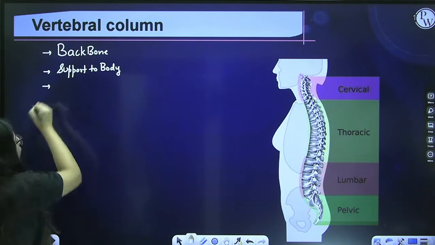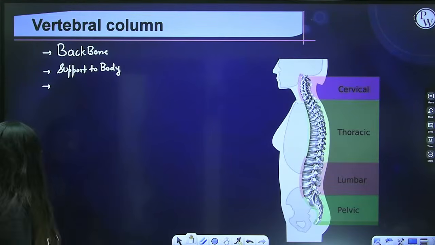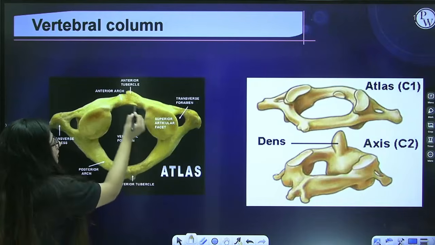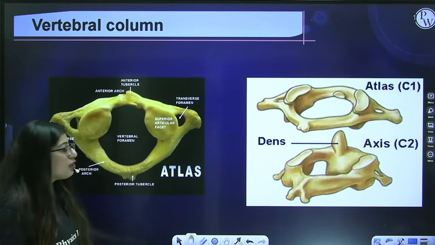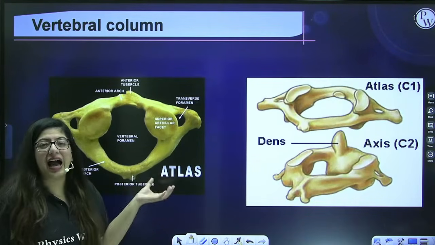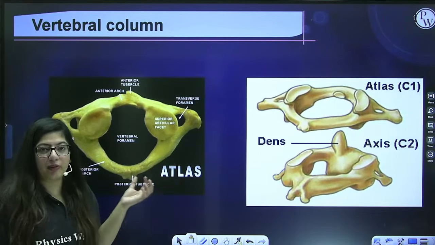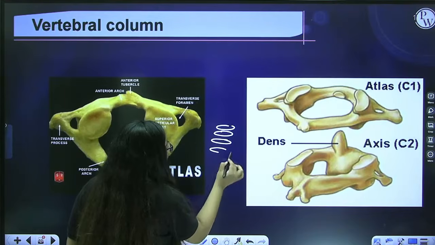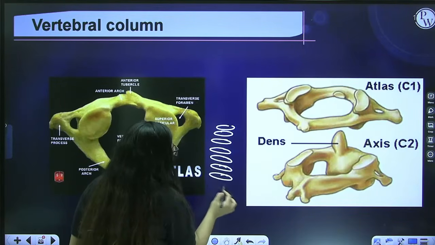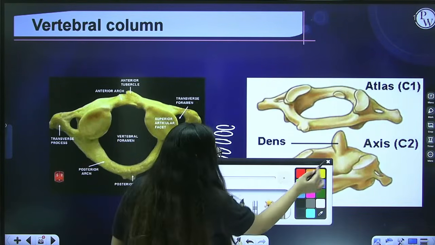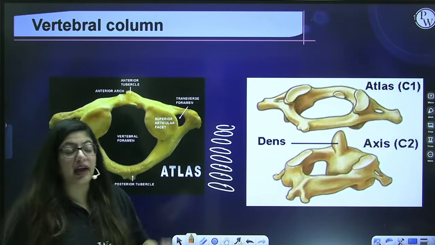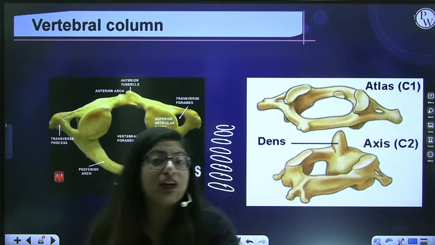Inside the vertebral column, if you see the vertebrae, let me show you. Imagine this is one vertebra. Inside the vertebra is this small cavity. When all these vertebrae stack upon each other like that, they all have an empty space in between them. They will form this canal, the empty space inside the vertebral column.